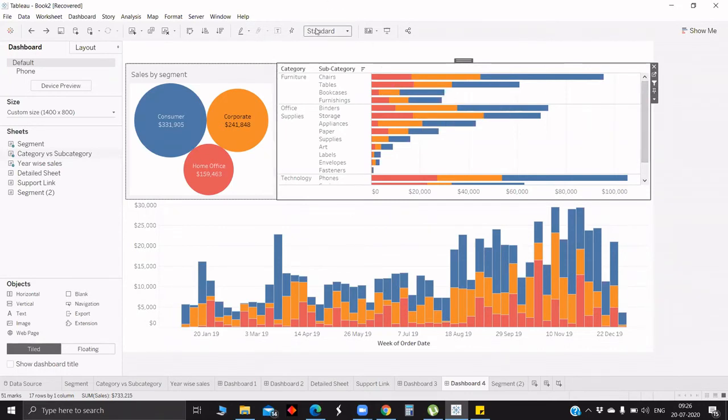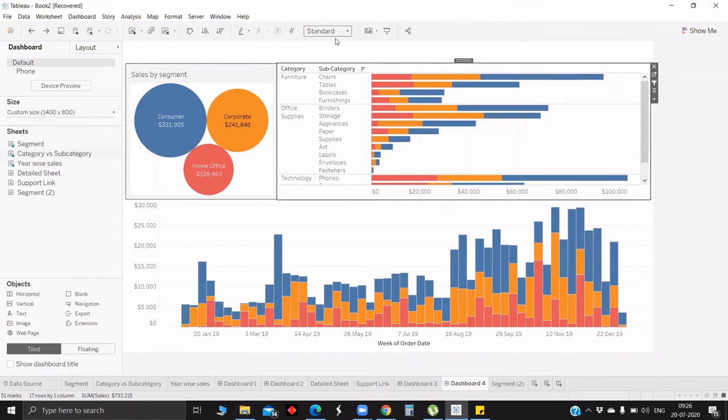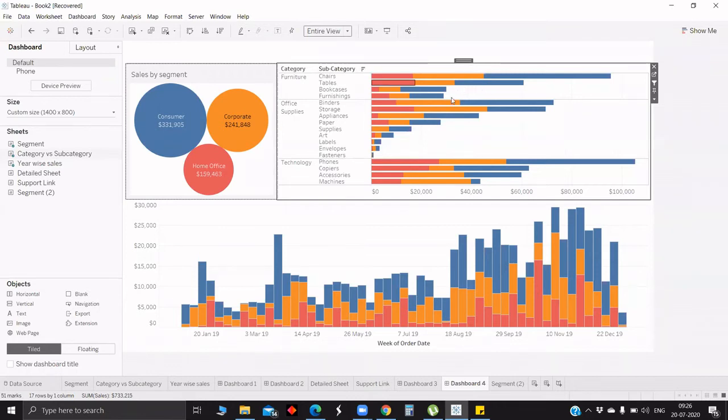And also now we will look into the standard fit with fit height and what it does. Standard, in the sense, whatever is the size of the container, it will get replicated in this. Entire view truncates everything within the container. Earlier, there would be a scroll bar. Now, since we have given entire view, it tries to compress the visualization inside the container without scroll bars. Actually, entire view is not advisable for live data, because if the data is updated every week, the vis will keep on truncating and it may not be presentable.